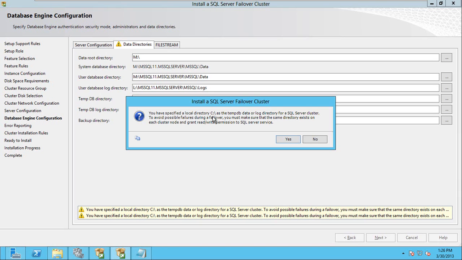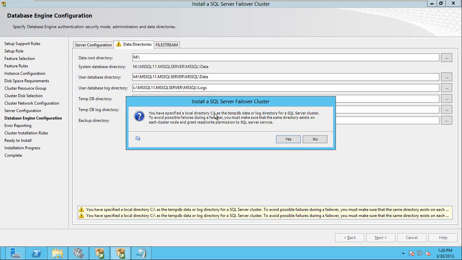We know that C drive is going to be there, but if you specify some Z drive or X drive or some drive which is accessible only to node 1 but not accessible in node 2,